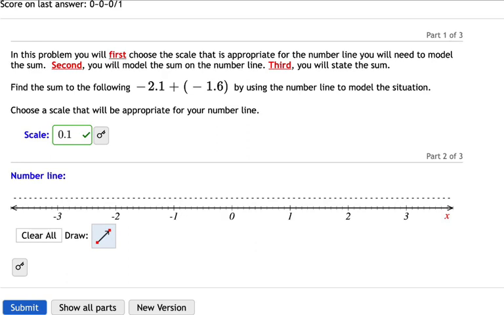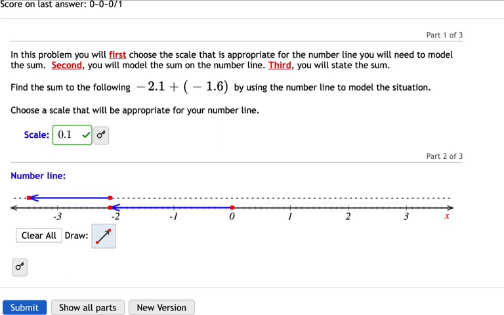So we always start at 0. We will go out to the first number, which is -2.1, which would be right there. We always start the second line where the first one ended. We are adding -1.6, so that means we're going to continue in the negative direction 1.6 units. You could count it if you wanted to. For example, 1/10, 2/10, 3/10, 4/10, 5/10, 6/10, 7/10, 8/10, 9/10, 1, and then 1.1, 1.2, 1.3,